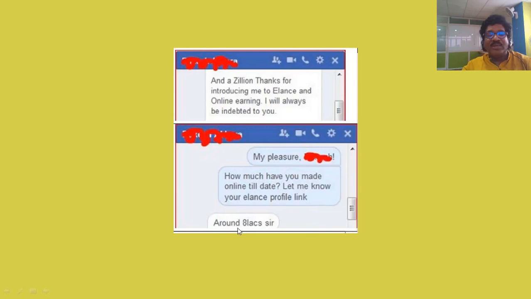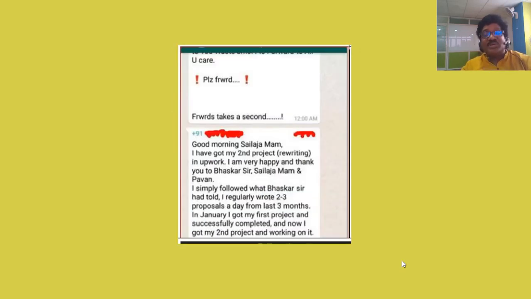He says he has earned about 8 lakh rupees within 1 year, working part-time as a freelancer, maybe 2 to 3 hours each day. He is a full-time employee with an IT company and he works in the mornings, evenings, or the weekends. Imagine this, 8 lakh rupees as a part-time income. What can be better than this? Isn't that interesting? Isn't that exciting? For me it is. That's how I continue to run this business, managing my team of 17 freelancers. And I'm sure you also now understand the excitement in this industry.